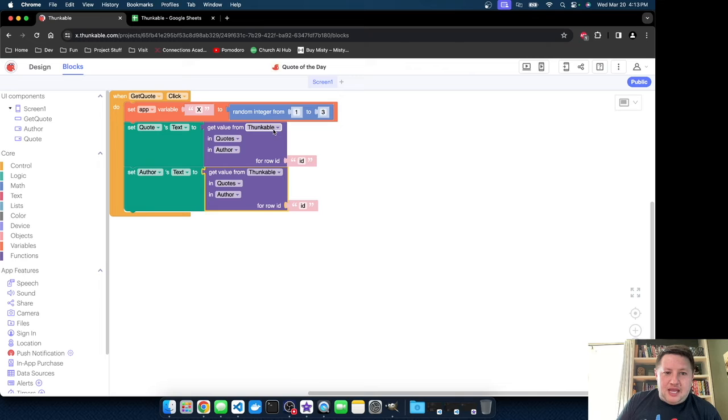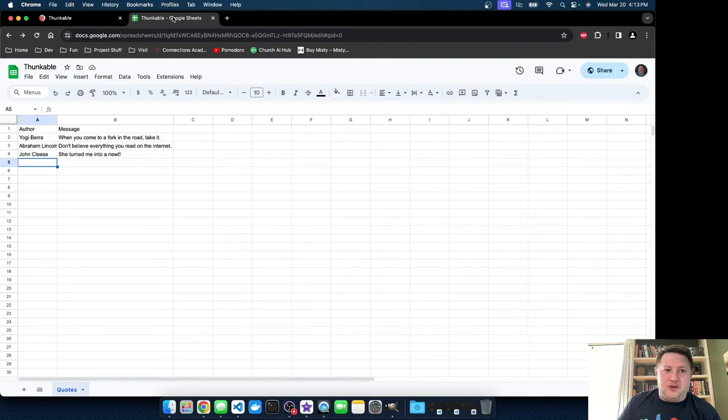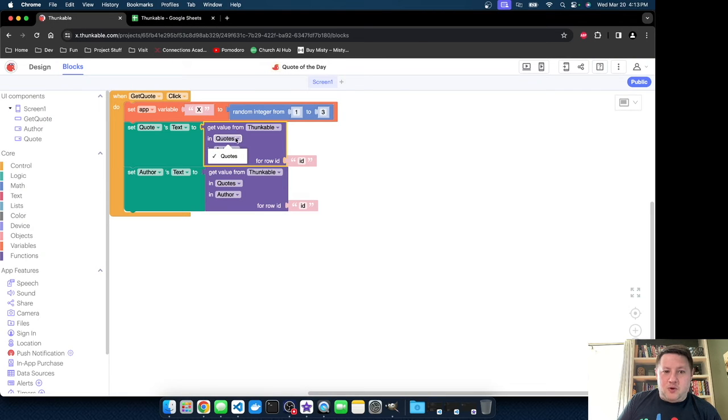So from the Thunkable data source that I created, I can look at quotes, which is the name of the sheet. Like we can go back here and see I named the sheet quotes. And so I go to the quotes sheet and I have two fields that are determined by that data source. There's an author and a message. So this one is the quote. I'm going to grab the message and I'm going to use row ID. I have to go tell it to use the variable